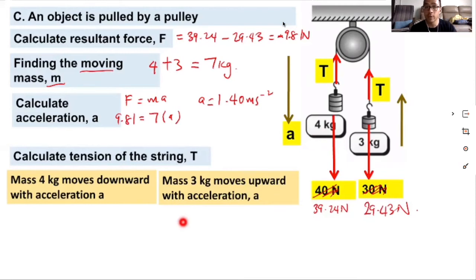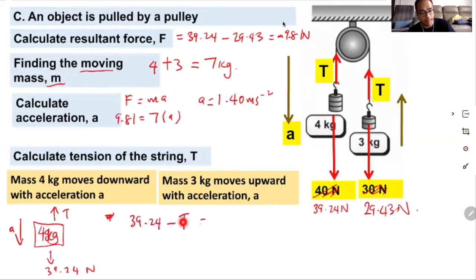Then after that, we use the formula that we know from just now. We separate it to find the tension. In the free body diagram, let's say the 4 kg one. Even if you use 3 kg, it doesn't matter. We know that for the 4 kg, the acceleration is downwards. Therefore, it will be 39.24 minus T equals the mass, which is 4, times 1.40. Since we are only looking at the left side, the mass will be 4. We only consider that mass now. Then after that, you will finally get T equals about